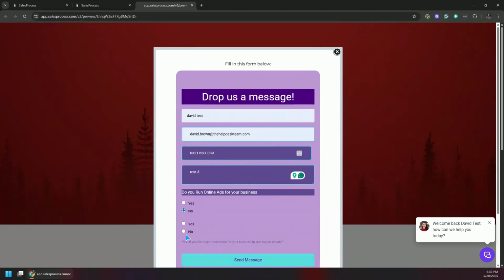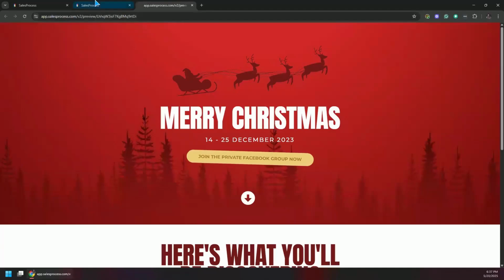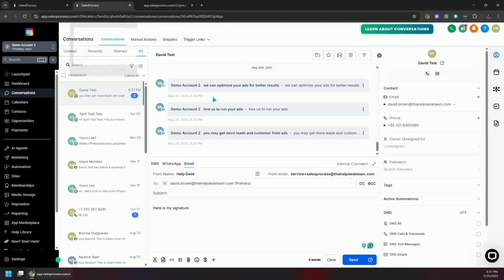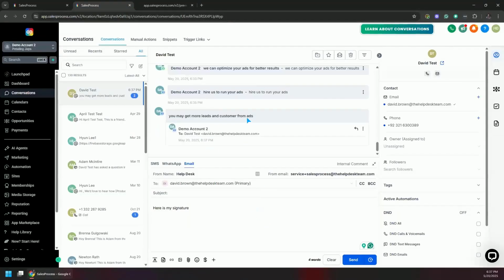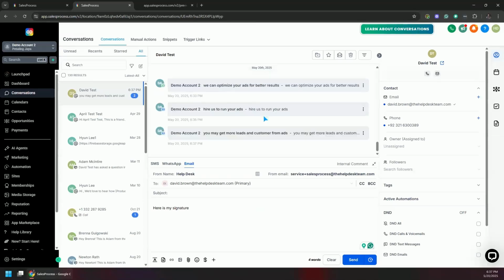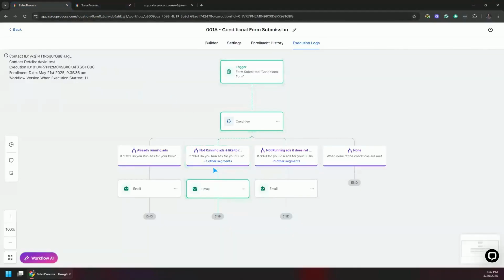I am not running ads and I'm not interested to run ads, and I submitted the form, and now I would get the third email, and that one is you may get more leads and customers from your ad. So that is 3 different types of email on the basis of the answer to the forms that we have set up in here. That means we can create a condition on the basis of the questions that are included